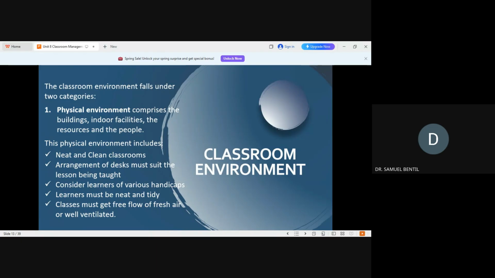Now, classroom environment. All these things we are discussing all border on the classroom environment. So in the classroom environment, we have what we call the physical environment and the psychological environment. When we talk of the physical environment, we are talking about the various buildings, other facilities, the people themselves who are in the classroom. So we are talking about the classroom and how neat and clean the classrooms are,